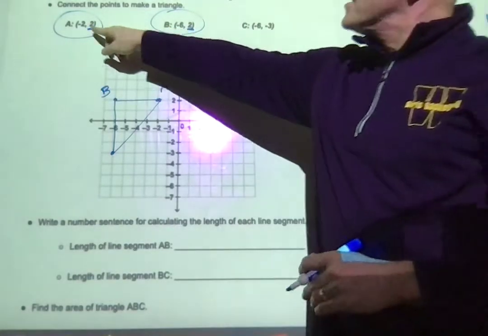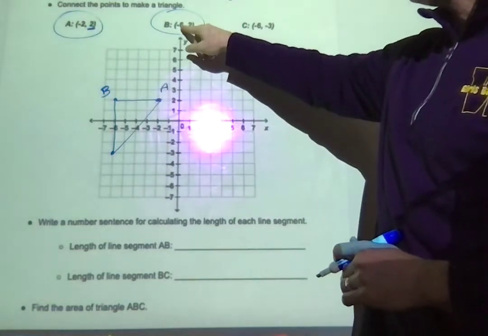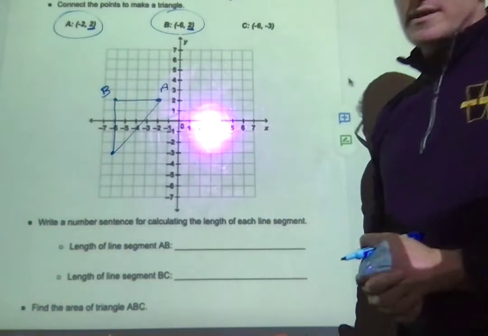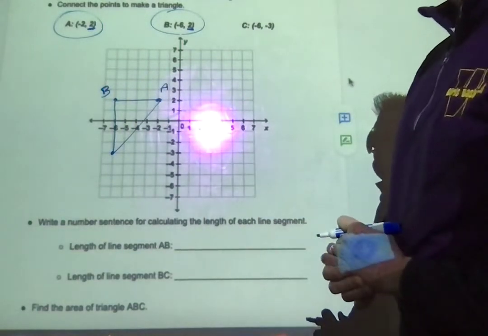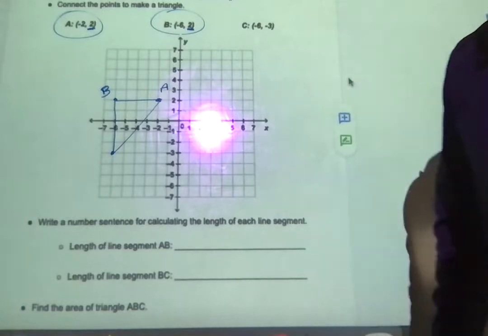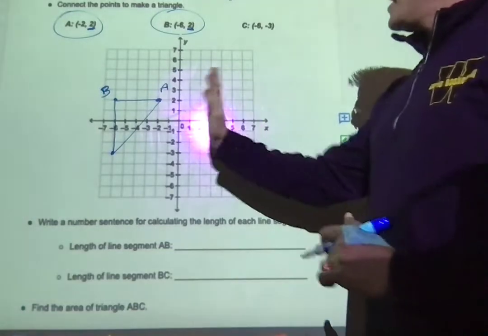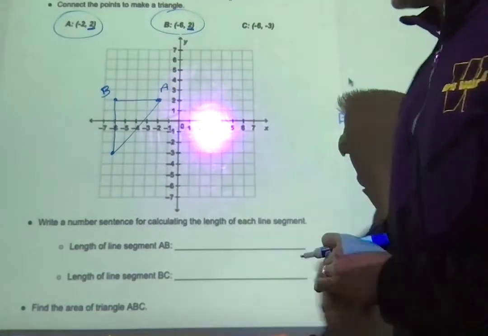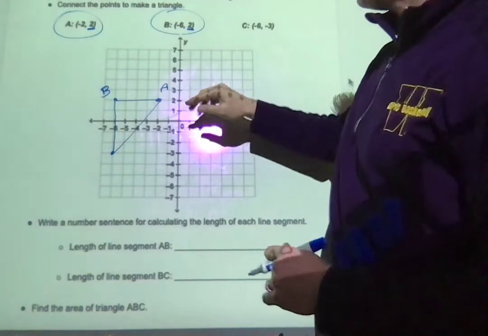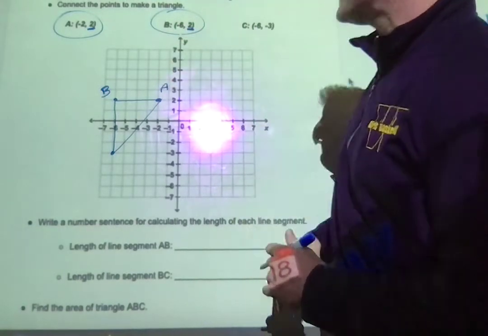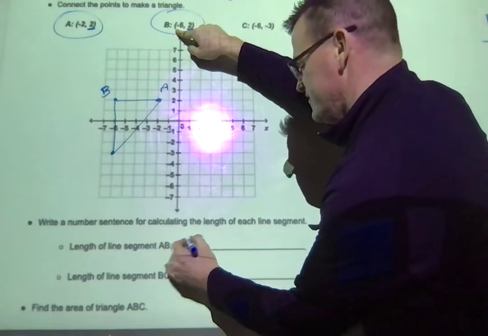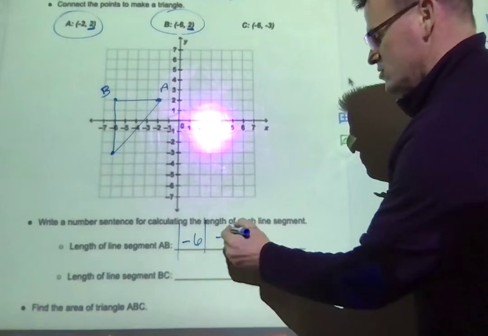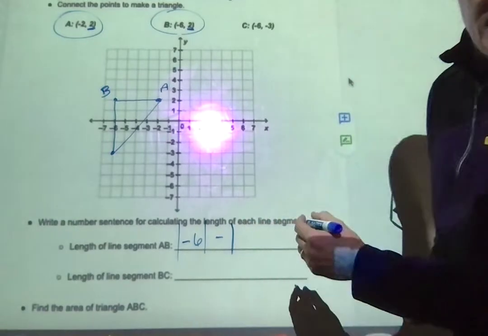So then all I have to do is look at their x-axis, or their x coordinate there. And I can see that one is -6 and one is -2. And we learn if they're both negative, then they are on the same side, so that's going to tell us that we need to subtract because we don't have to cross the axis. They're both on the same side. Okay, so we've got the absolute value of -6. So if I take the absolute value of -6 minus the absolute value of the -2,